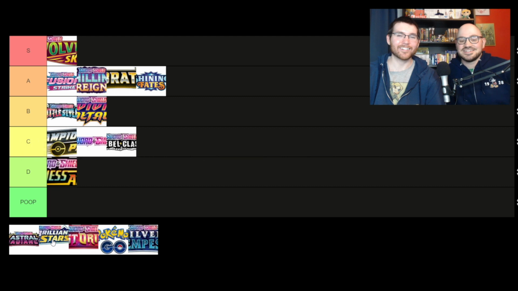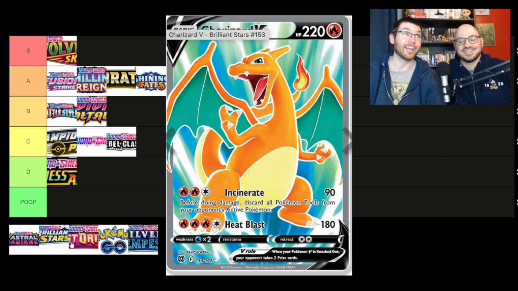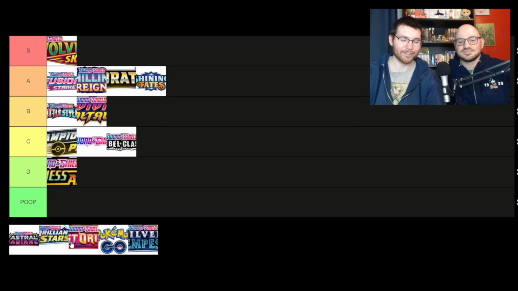So Brilliant Stars is, if there was one set that has been kind to me during the Sword and Shield era, it's Brilliant Stars. I was able to get the Alt Art Charizard. I have the Full Art Charizard. I have the Alt Art Luminion. I have a couple of Rainbow V-Stars as well, so it's been very, very good to me. I did open a lot of boxes of it too, at least 3 boxes, which for me is a lot. Is it on the same level as Evolving Skies? No, I don't think so. But I do think it is